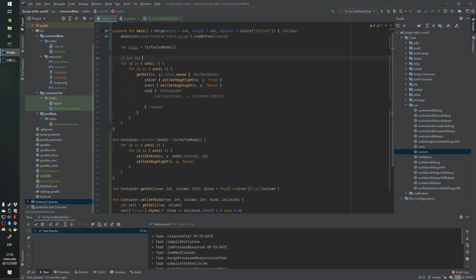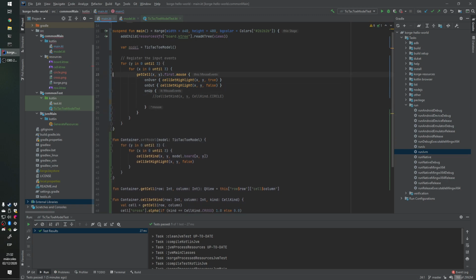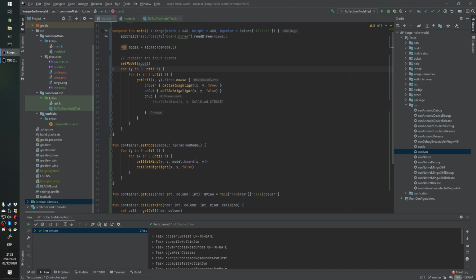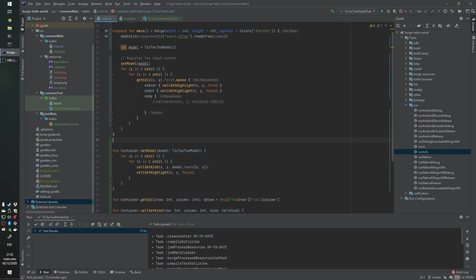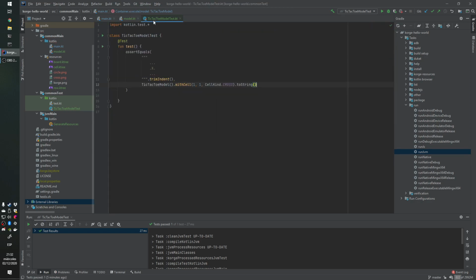Set the events, or register the input events, and here we are going to set the model, maybe even before here. So this is our model, and then we need a way to execute transition